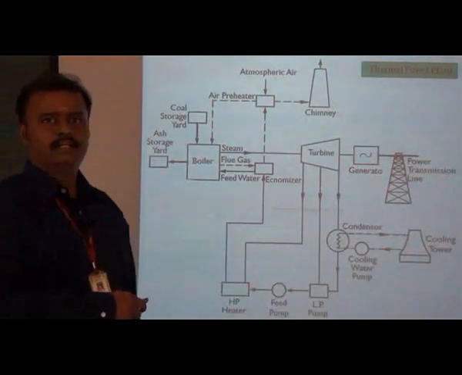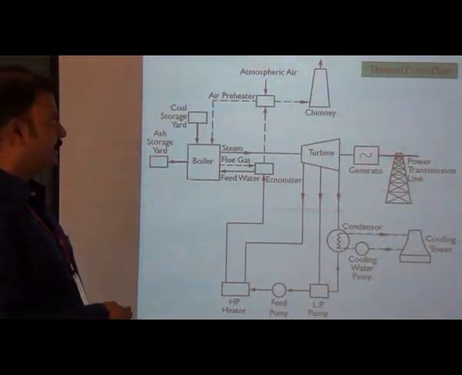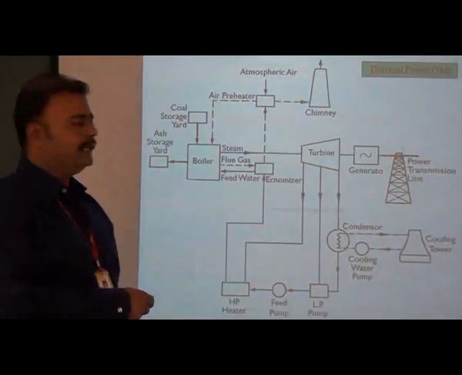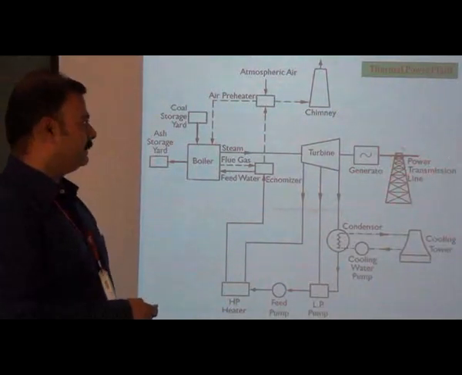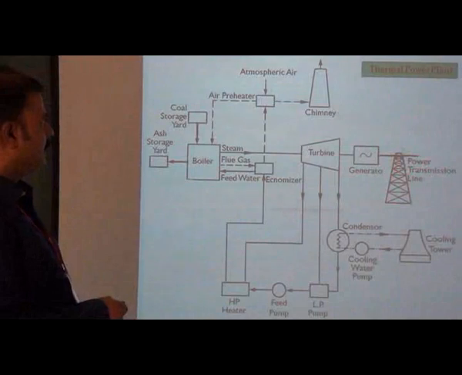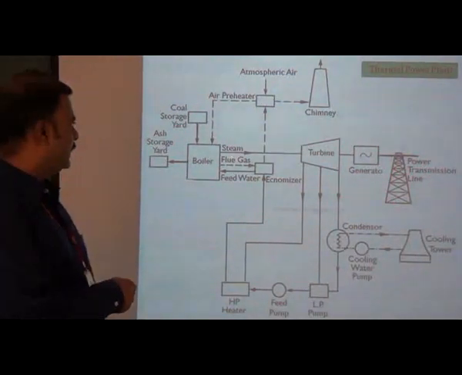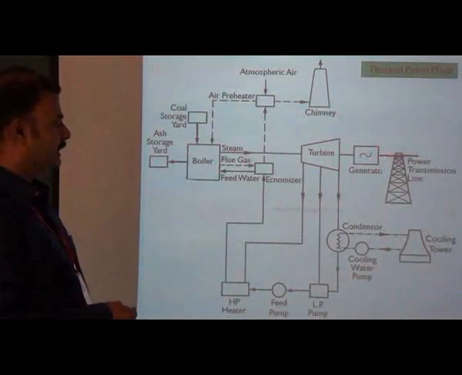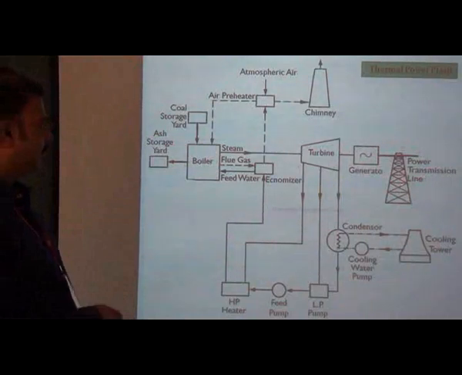We know Faraday's law of induction. So when a conductor rotates in the magnetic field, it cuts the magnetic flux so that electricity is produced. And that electricity is transported to the places wherever we require by using the power transmission line. The purpose of the turbine is an expansion process. Here the kinetic energy of the steam is converted into mechanical energy, and then mechanical energy is converted into electrical energy, and the electrical energy is transported by using the power transmission line.